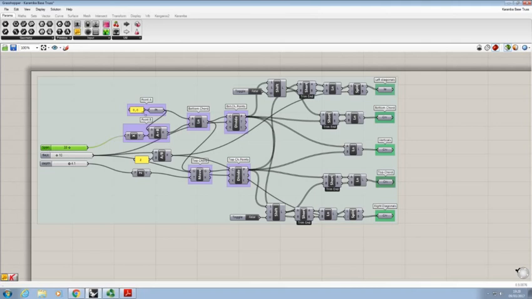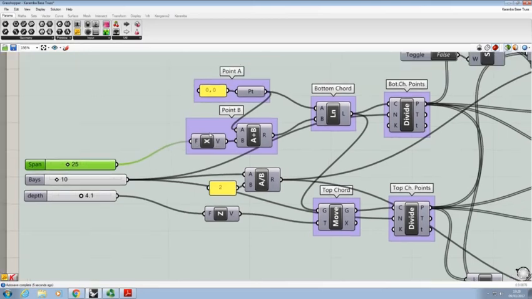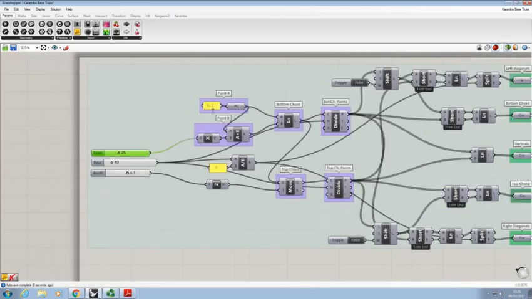We're defining a single point here at the origin 0, 0 in the xy plane. The span is driven by a slider between 15 and 50 in this case. What that does is that it translates a point from the original point by that distance,